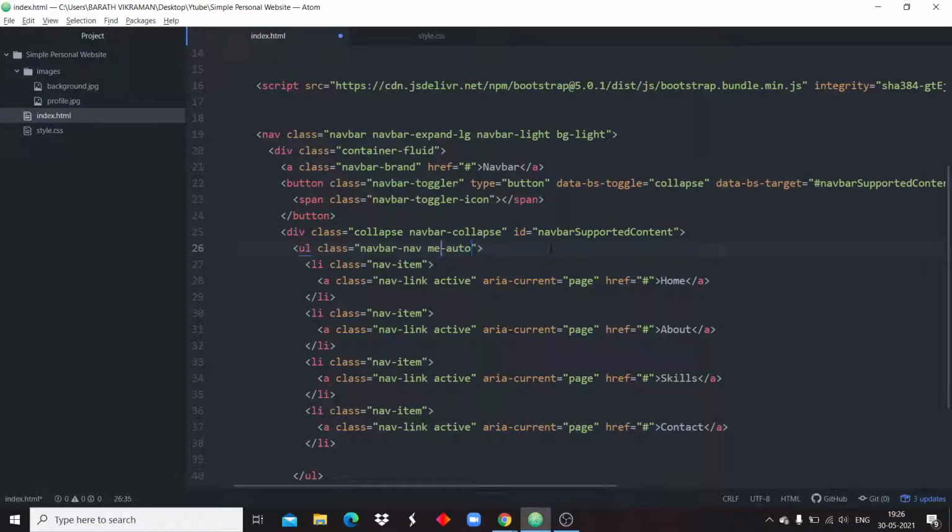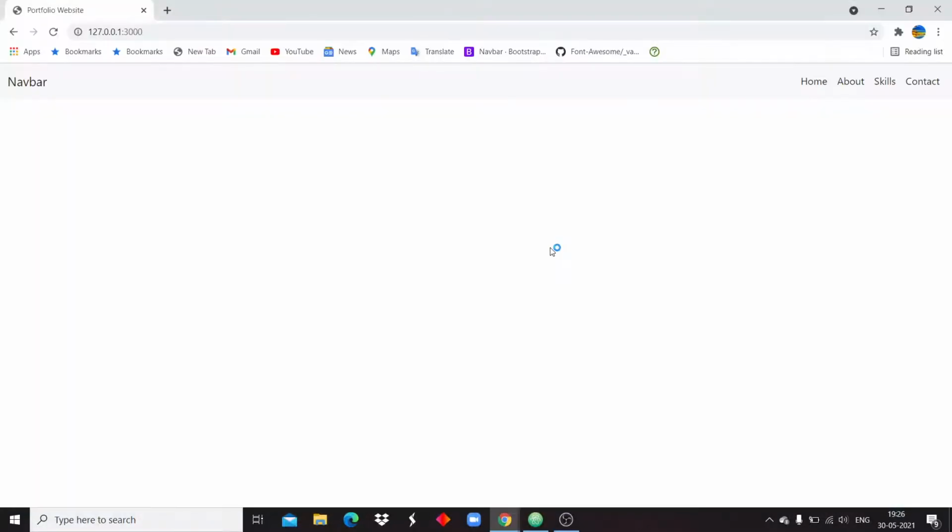Just remove this, change me-auto to ml-auto, and add 2 extra classes, w-100 and justify-content-end. These are Bootstrap class names, so we don't need to do anything else, it automatically goes to the end. I'm just saving. Now you can see it automatically goes to the end.